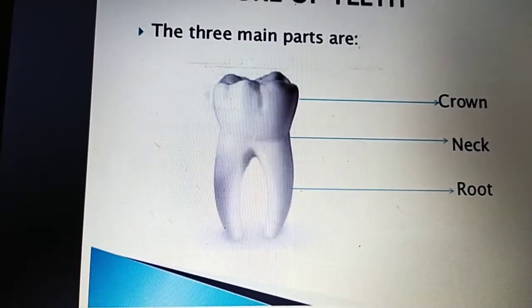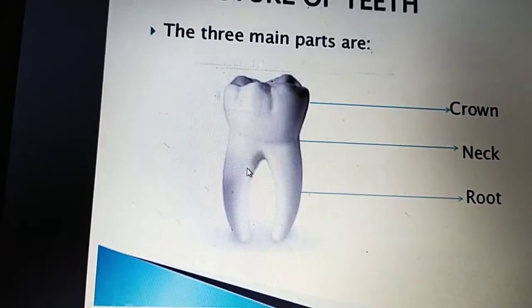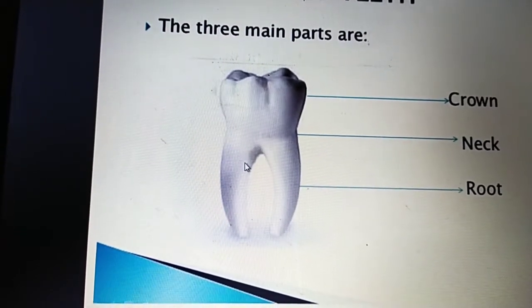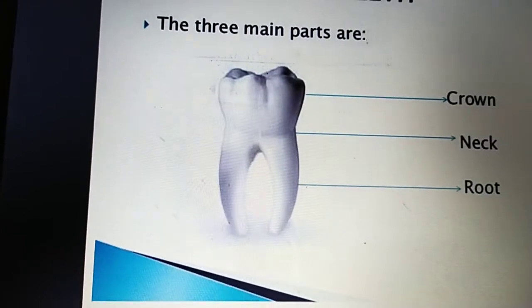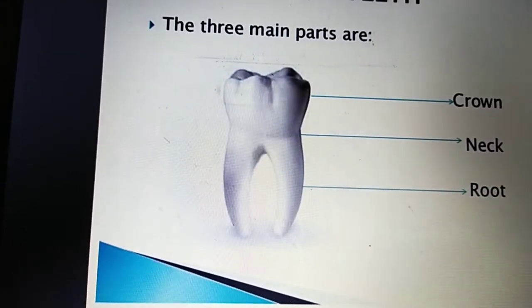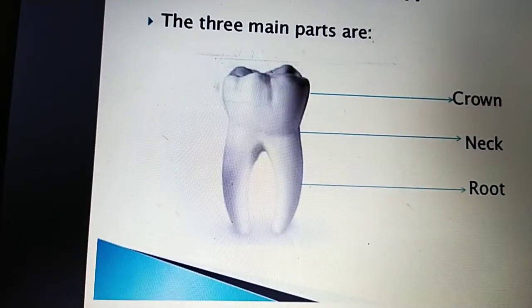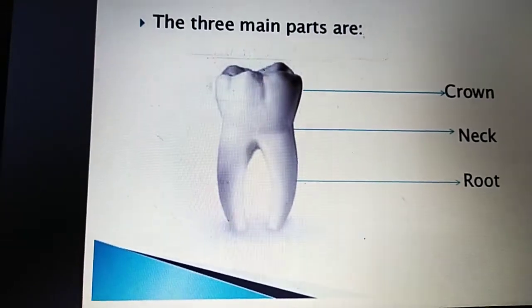The anatomical root is formed just below where the cemento-enamel junction is formed, and is covered with the cementum. The root of the tooth is completely covered by the cementum. The clinical root is any part of the tooth that is not visible in the mouth.